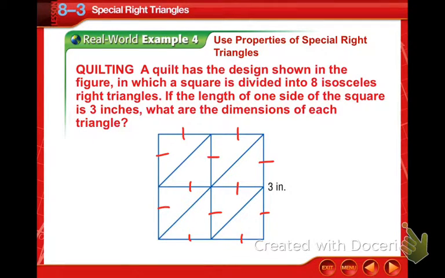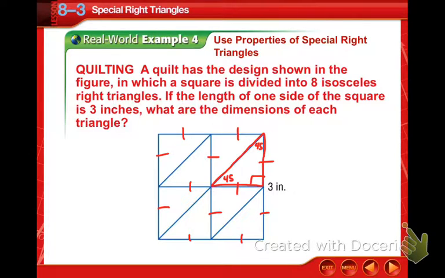So if we look at just this triangle at the top here, I just told you that it's a 45, 45, 90 triangle, which we know because of them being isosceles. So this is 45, and this is 45. We also know that because of those tick marks, we can see the side that's 3 inches is split into 2 even sizes,